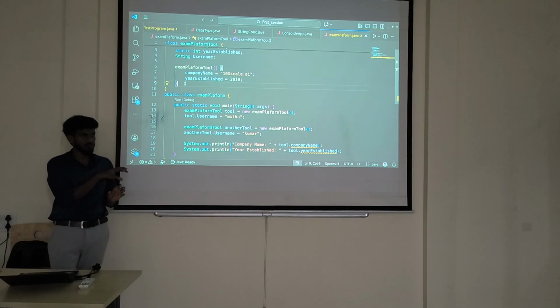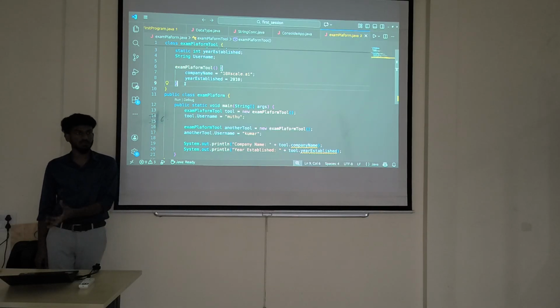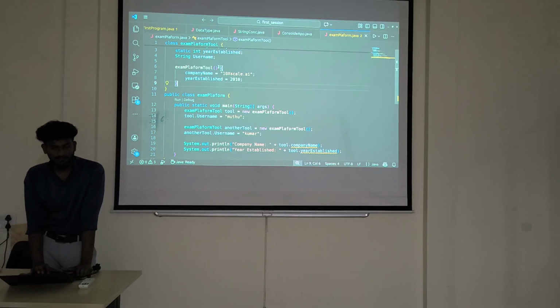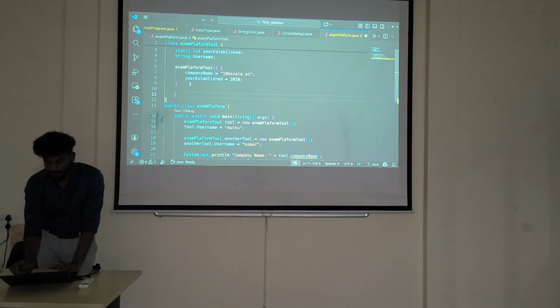I want to give some input. The constructor should accept that input and assign it to those values. So this is the default constructor, right? Let me give some